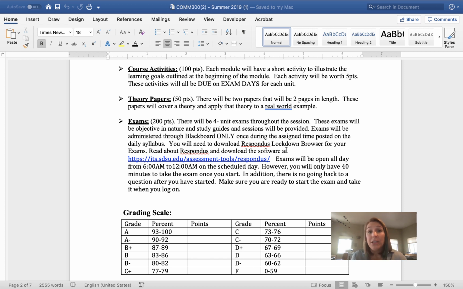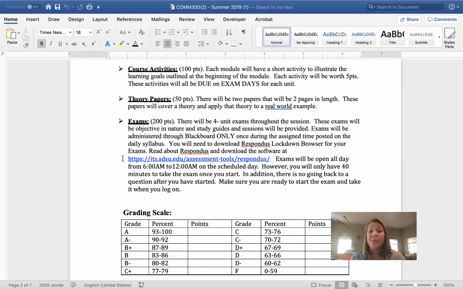However, that computer you're using must also have Respondus Lockdown Browser. I've given you the link here in the syllabus for you to go and download the software on your laptop or home computer or the computer you're going to use for your exams. This is critical. You must have Respondus Lockdown Browser or you won't be able to take the exams and you'll receive a 0. The way exams are going to work is they are on an assigned day and they'll be